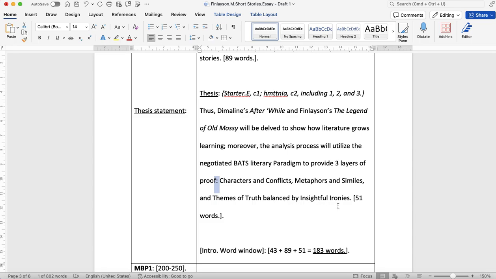So you can predict that my first main body paragraph will look at the characters and the conflicts. Second main body paragraph will investigate metaphors and similes. And the third main body paragraph will be looking at truth, this theme of truth, and insightful ironies. So hopefully I have enough evidence from my reading of the stories to support those ideas. So you can see that we've got